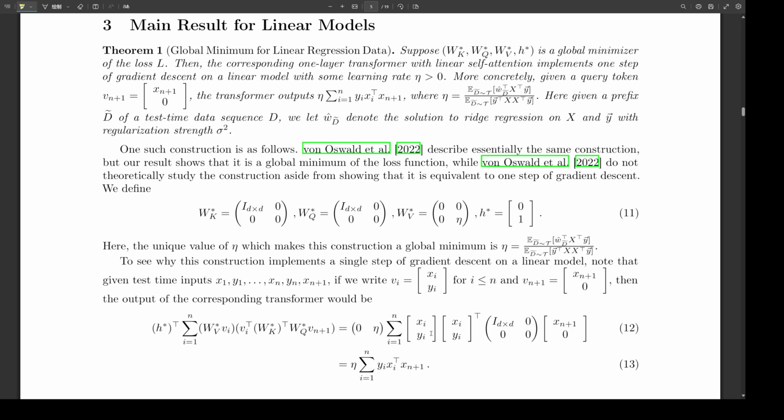What if the data doesn't come from this nice, clean, perfectly symmetrical distribution? Right. What happens when the real world throws us a curveball? Yeah, what if the data is messy? What if it has some kind of structure or bias to it? That's a great question, and the paper explores exactly that. They look at what happens when the input features come from a non-isotropic Gaussian distribution.